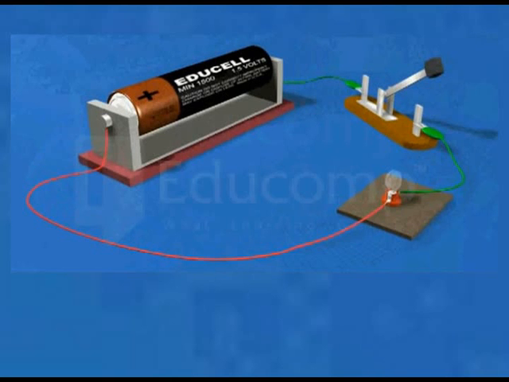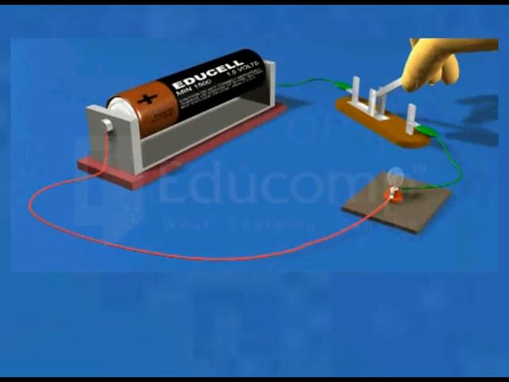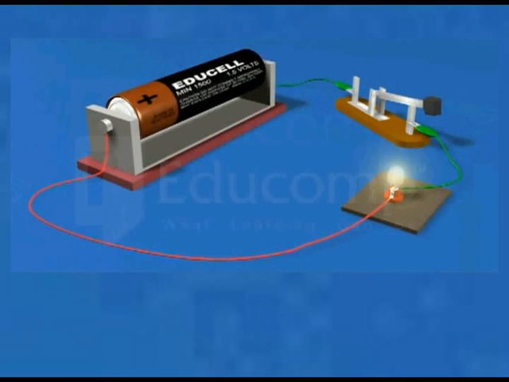Cells, and simple circuits. If you have this kind of a setup, we got a dry cell, a bulb, a switch, and some conducting wires. If we close the circuit, the bulb lights. Now this is a very simple circuit. Many people would know that the cell supplies current to the circuit, and when the switch is closed, the circuit